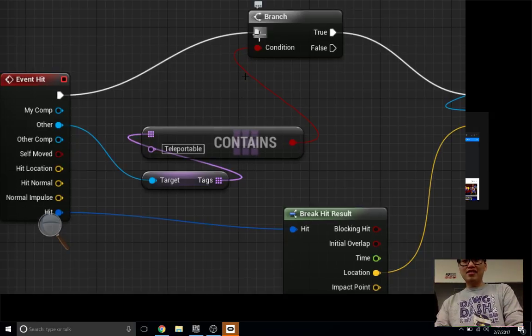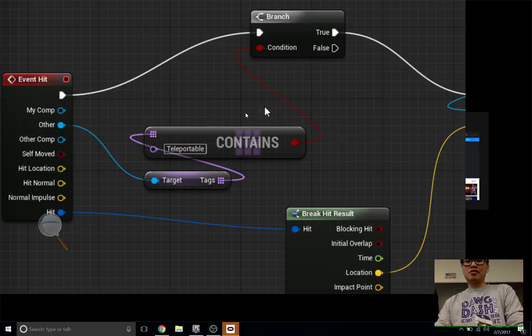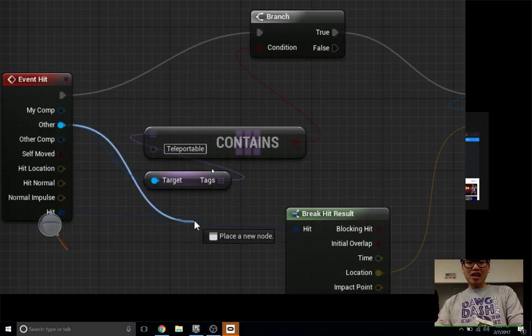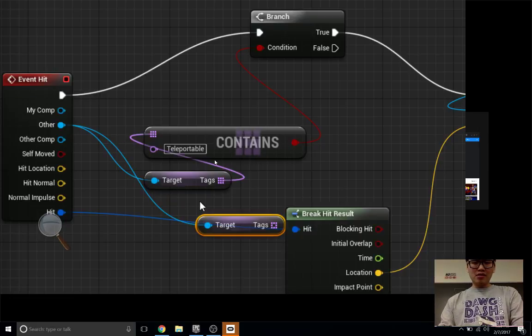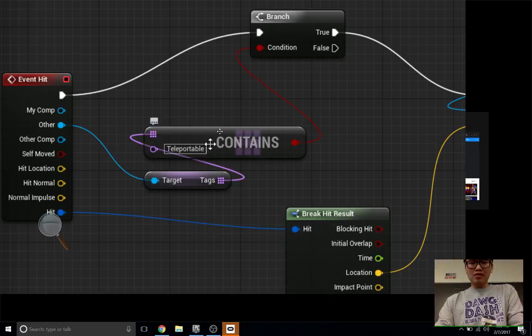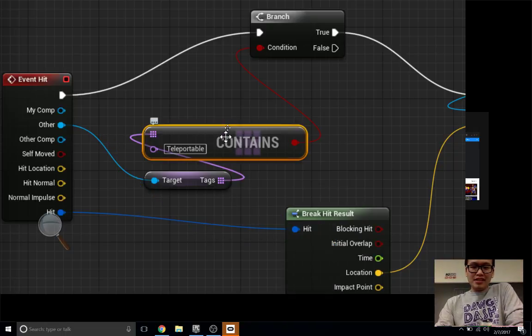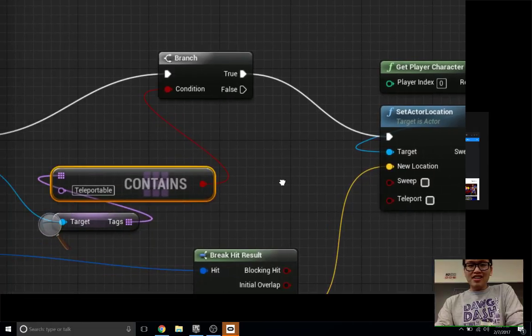Alt click on the line. How do you break the other into the target thing again, when you'd like the target to be an array? Oh, if you get tag, it automatically gives you an array. Anything that takes an object as input and outputs another object is a getter. So it's just like get local variable and tags. Contains basically just takes in another reference, so in theory you can check other types or other names also.